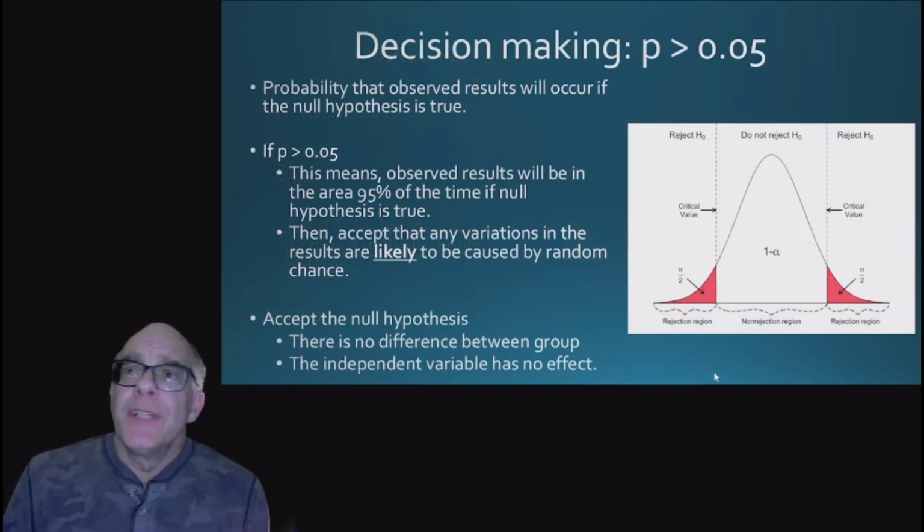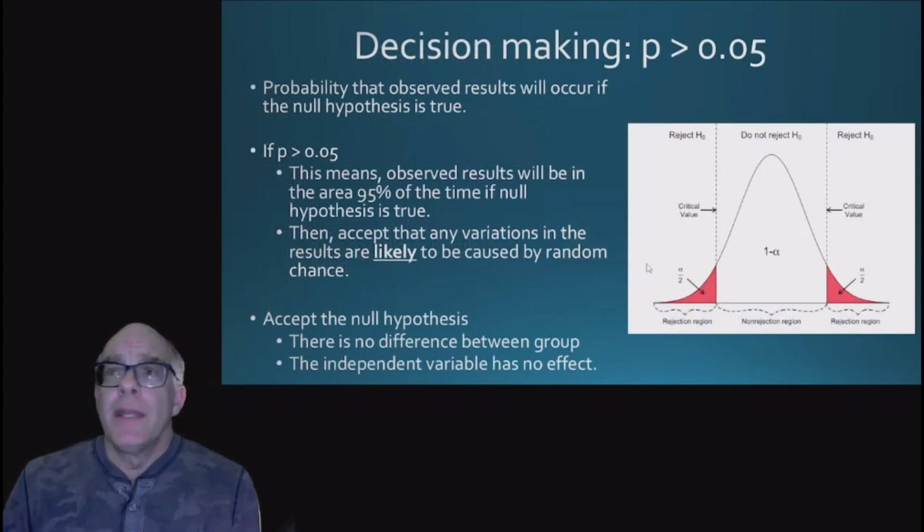So when we use this information for decision making, we basically have two situations. If our p-value is greater than 0.05, this p-value is telling us the probability that our observed results will occur if the null hypothesis is true. So if our p is greater than 0.05, it means that our observed results will be in the area underneath